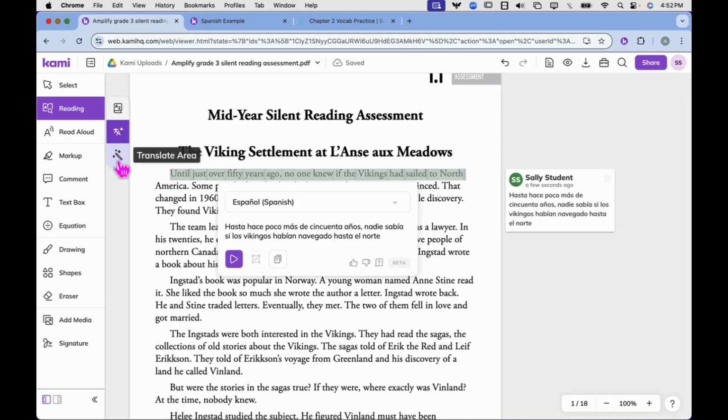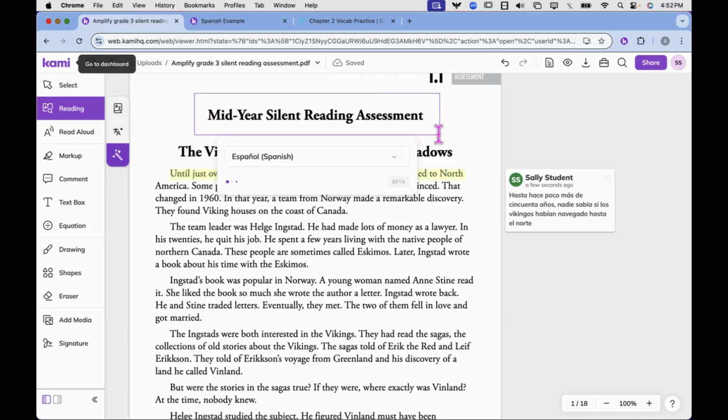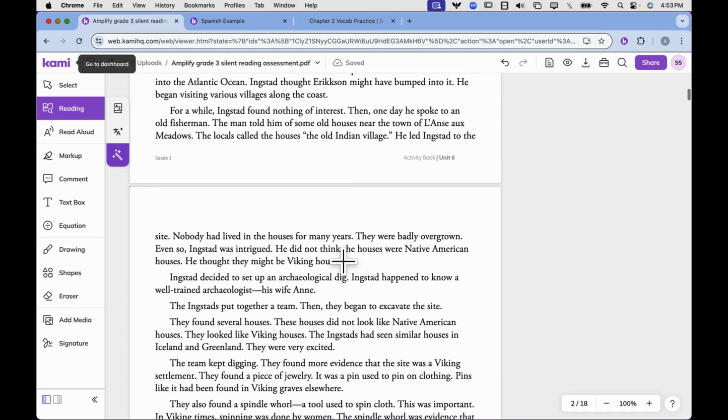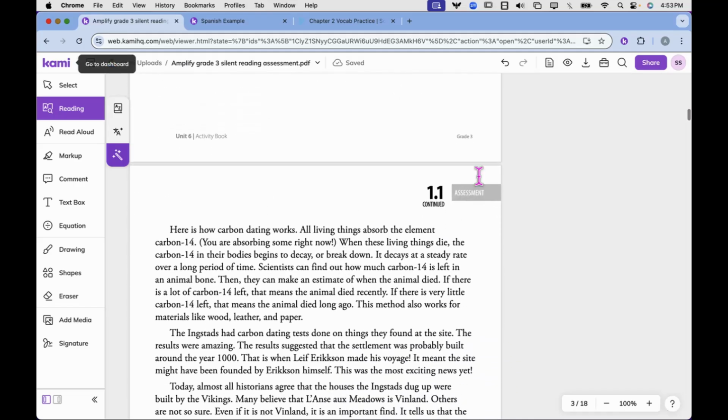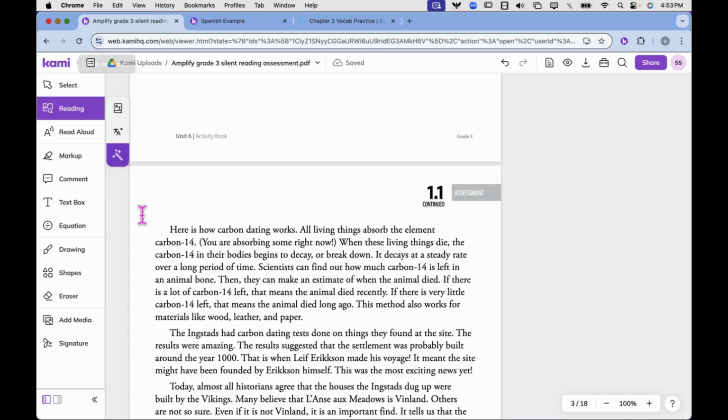Another option is translate area. This is where teachers or students could simply draw a box around a section of text, and the same thing will happen. The text will be translated. This works really well for situations where you don't want the whole page read. Maybe you just want a certain section over here to be translated or read aloud. Evaluación. You can also, of course,